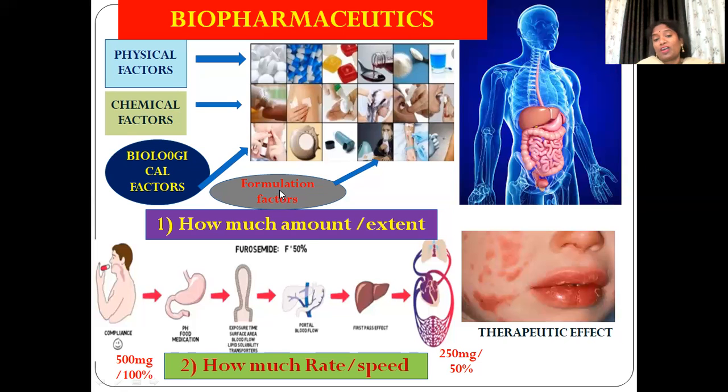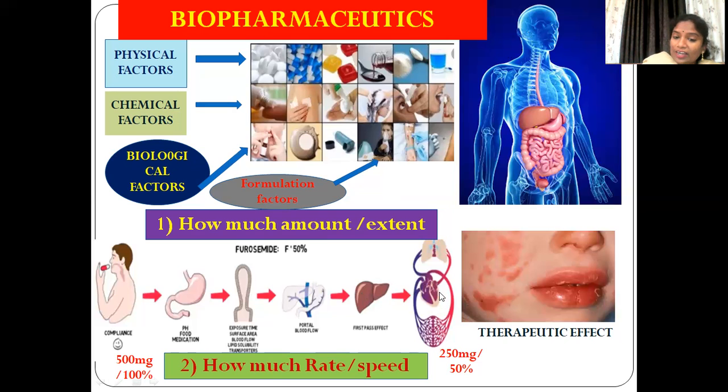Compression factors, excipient factors, and various manufacturing factors also influence the drug release, and some drugs will not release fast. Because of the compression, the binding agents, the lubricants, and the disintegrants, these formulation factors also influence the amount of the drug reaching the systemic circulation and the rate of reaching it.